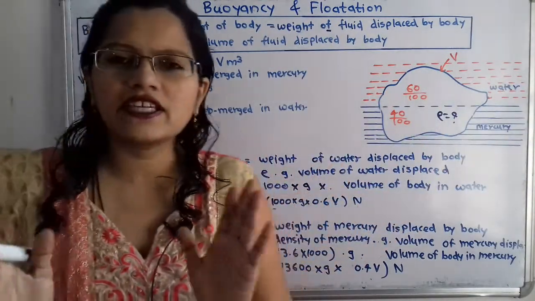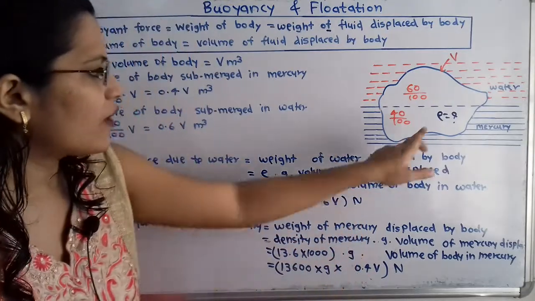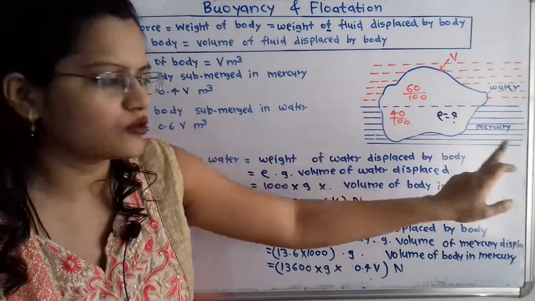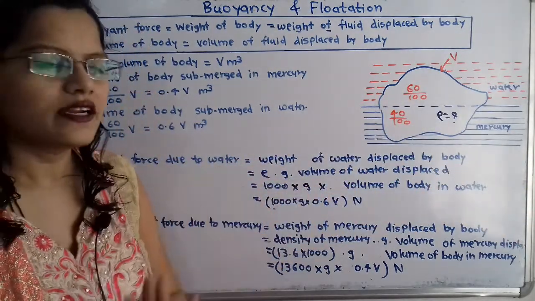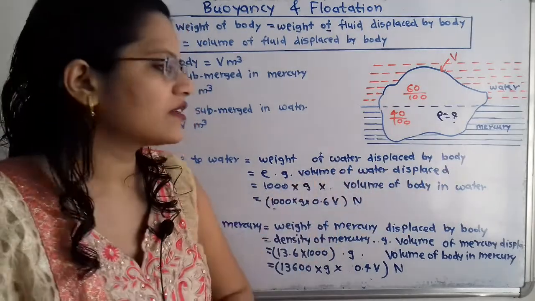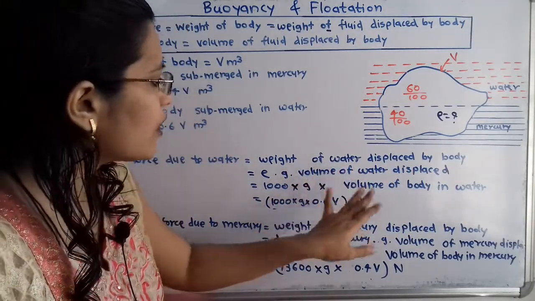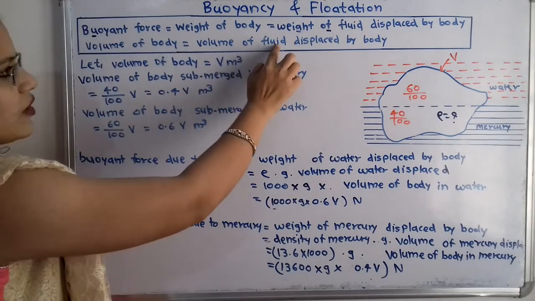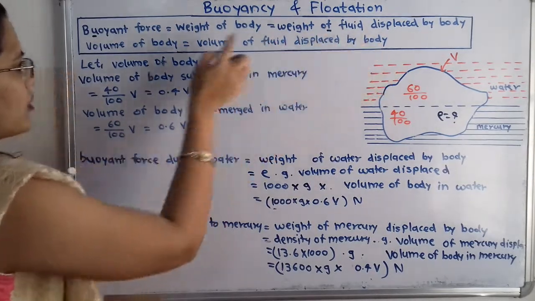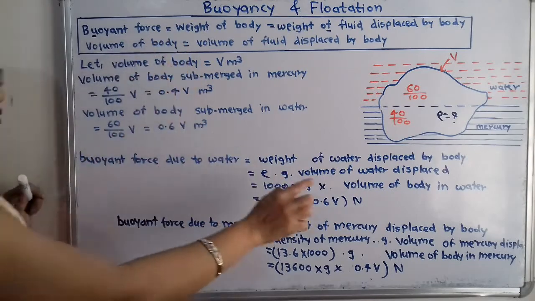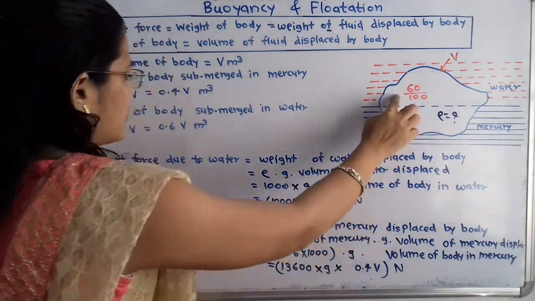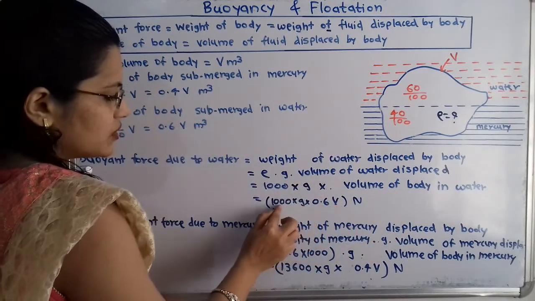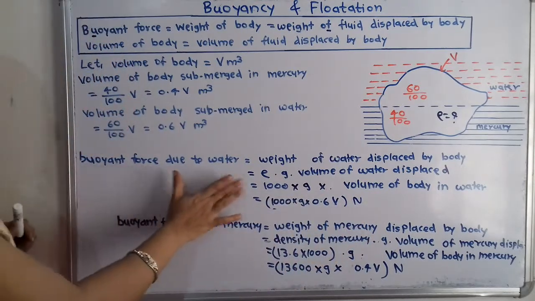We will take g as it is, because we have to find this rho. On the right hand side, for the weight of the body, rho g into volume, so we can cancel g, and take it as it is. Then the volume of water displaced by the body. So what is the volume of water displaced? Again we move over here. Volume of water displaced by body is equal to the volume of body in water, which is equal to 0.6 V. So we use 0.6 V into g into 1000 Newton. This is the buoyant force due to water.